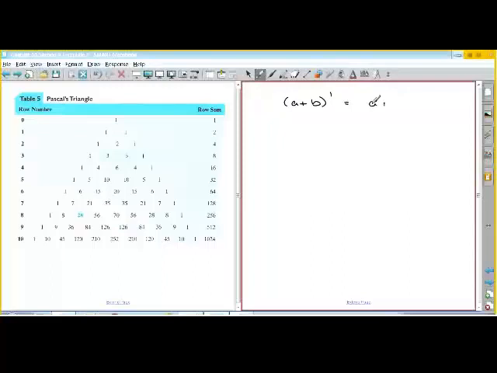A plus B to the first power is A plus B. Okay, so anything to the first power is just the number. If you take A plus B times A plus B, which is A plus B squared,